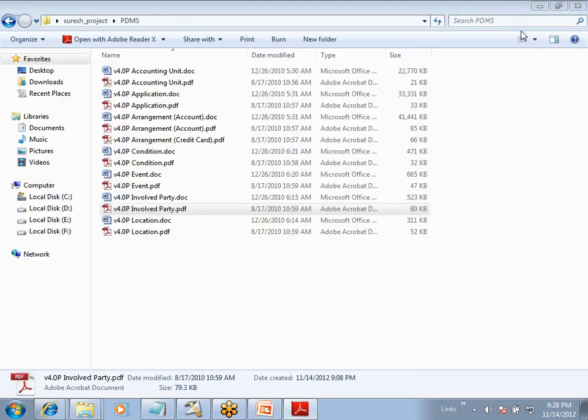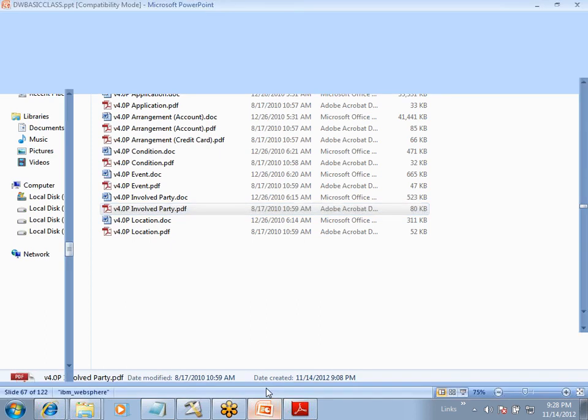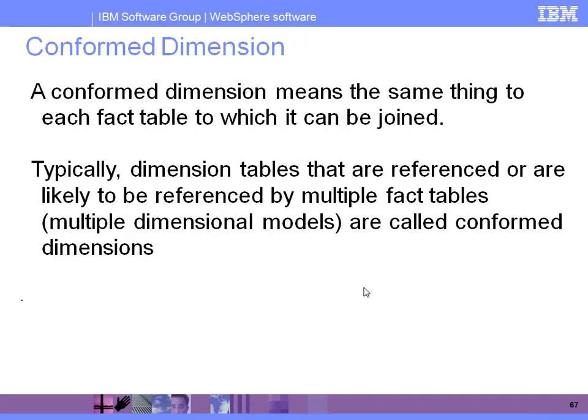What is the meaning of conformed? First, let me give an example, then we can go for an actual example. I have one table, for example, customer address, which maintains all the addresses. When a customer opens an account, his address information is maintained in the address table. At the same time, the customer takes a credit card today, so again we need to maintain the address. The customer is also applying for a loan, and we want to maintain address information there as well.